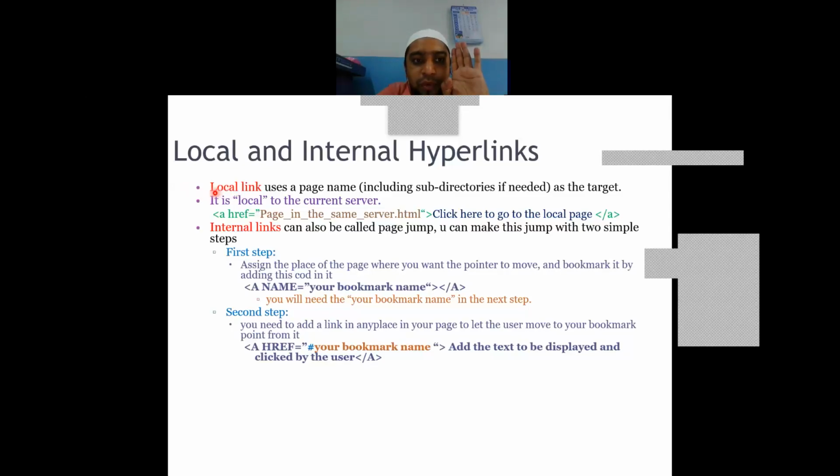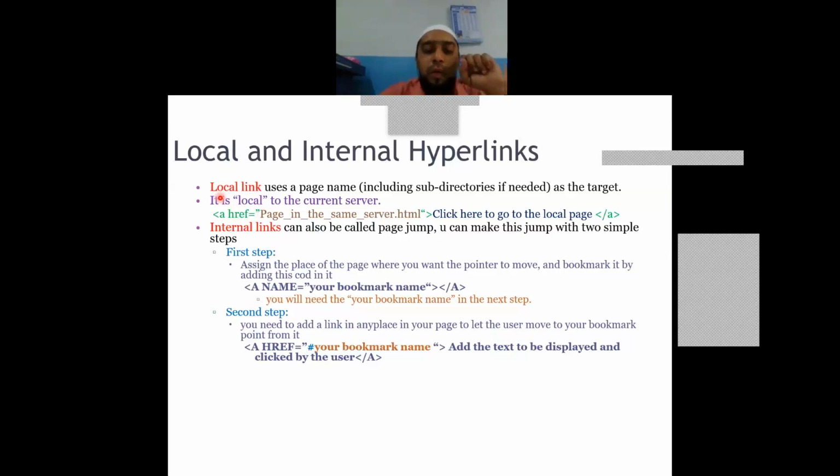So what I did, before local, I mentioned an attribute name equal to some xyz, but do remember that name should be your fixed name. Once you have given that, it will be the internal name given to that particular location, and that name will be called the bookmark name.